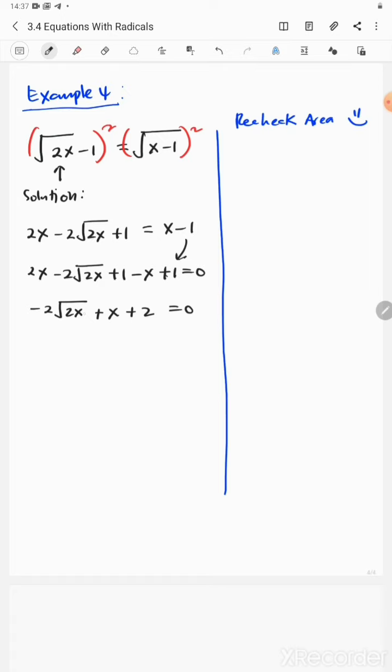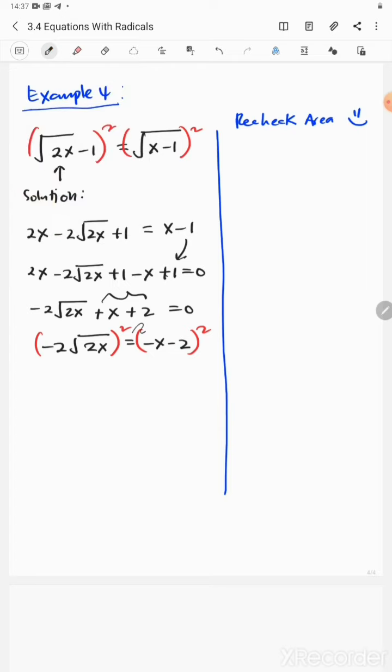So now we bring all the values, meaning that we must have only one term for the expression that contains the radical sign. We have to make sure that only one term is left on the left side which contains the radical sign, and for those without the radical, we bring them to the right. And then next we have to square again the left and right side,